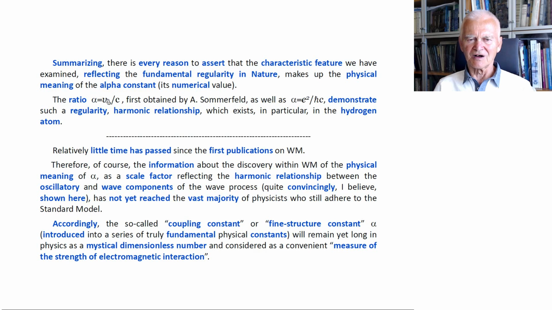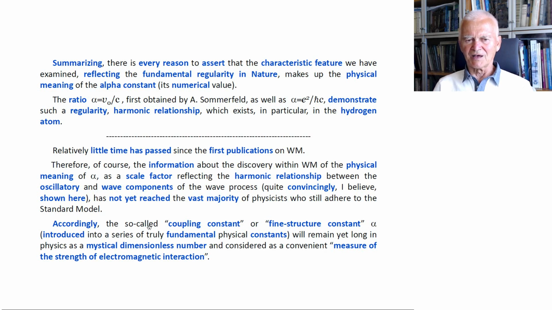The ratio alpha equals V0 per c, first obtained by Sommerfeld, as well as this ratio, demonstrates such a regularity, a harmonic relationship which exists in particular in the hydrogen atom. Relatively little time has passed since the first publication on wave models. Therefore, of course, the information about the discovery within the wave model of the physical meaning of alpha as a scale factor reflecting the harmonic relationship between the oscillatory and wave components of the wave process,